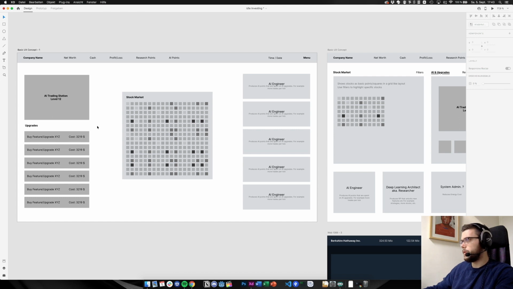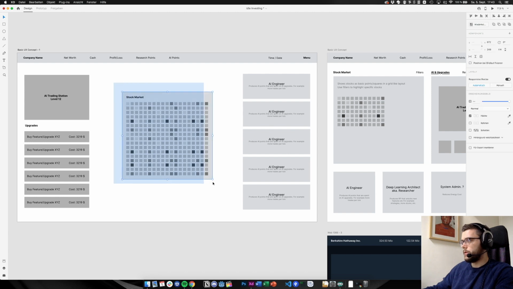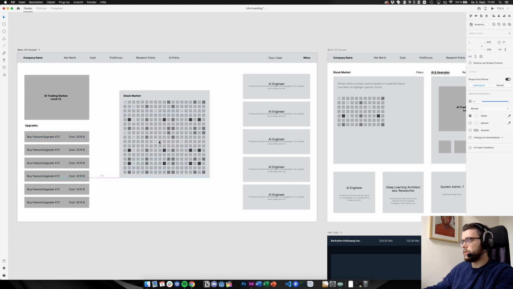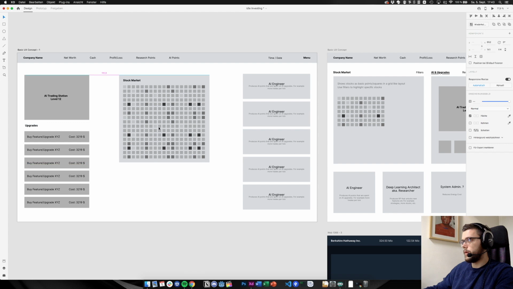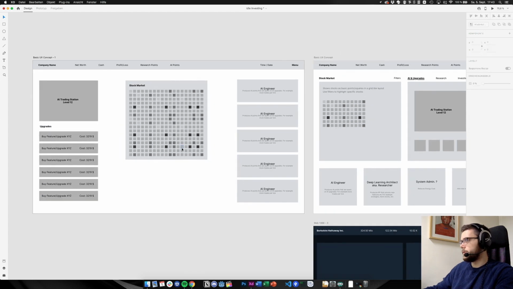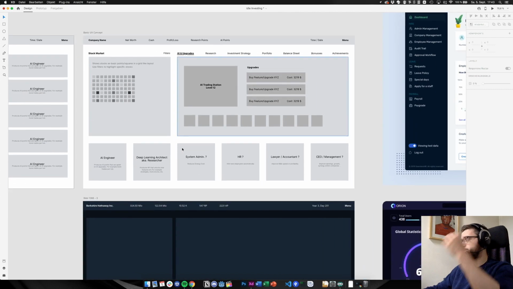It's hard for me to prototype anything because I don't even know what I want all these fields and all this stuff to look like. But I enjoy that I have some space here to play with. So I do have more space. Maybe,